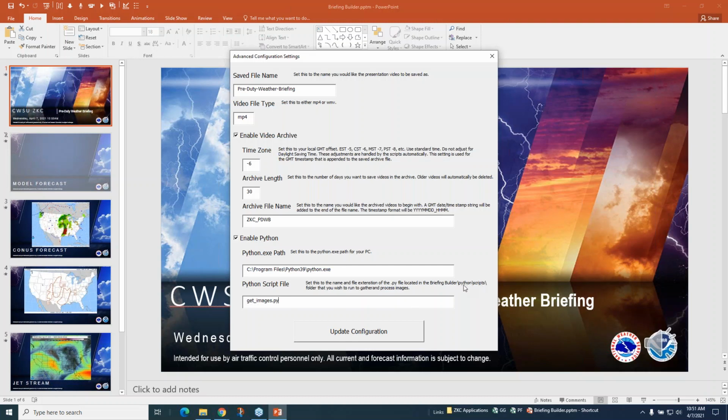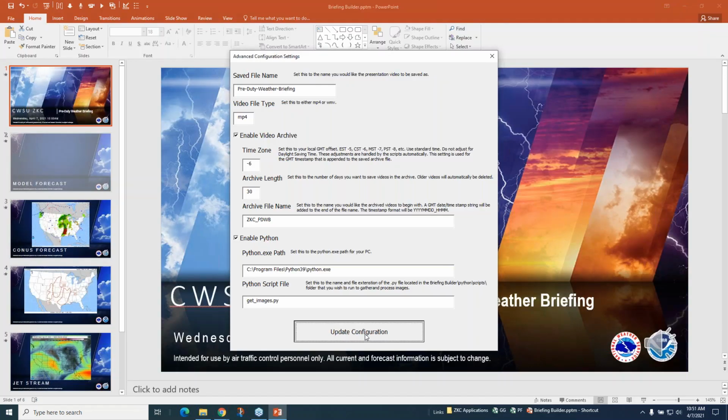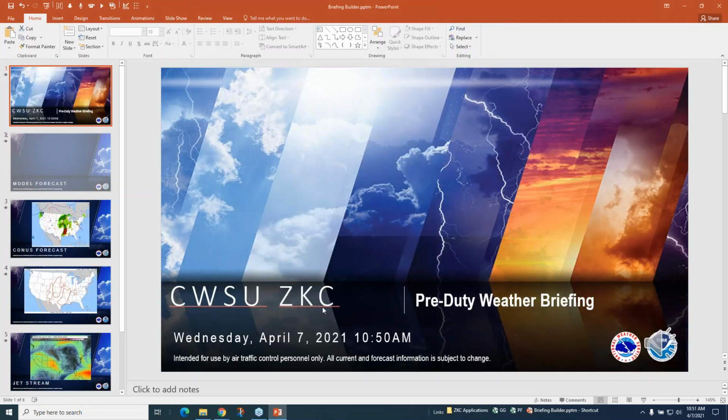And these are always saved in the Python scripts folder. So if you go back to these folders, there's a Python folder, you got scripts, and there's that get images that I'm going to run. So that's all that you need to do there. And to run a Python script, all you got to do, assuming your Python script works, is click this Run Python Script button, and it'll run.